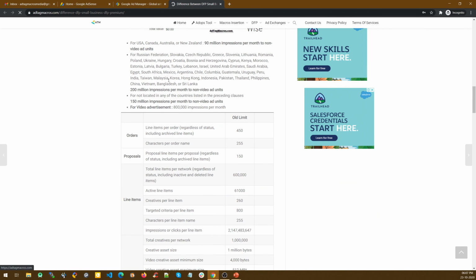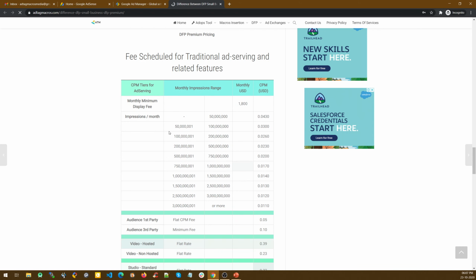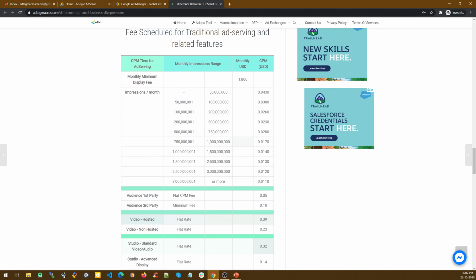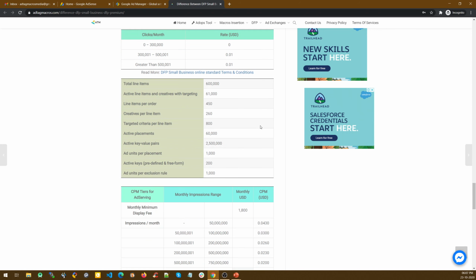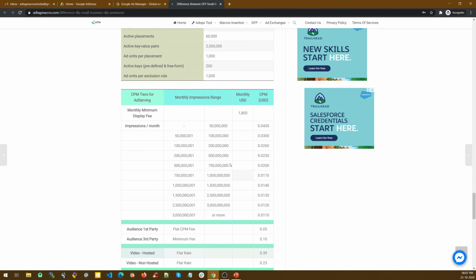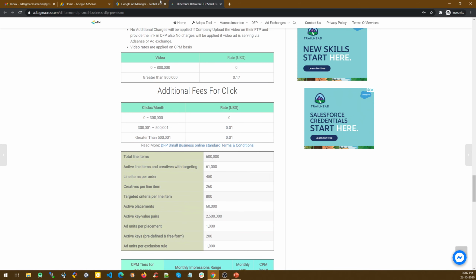So you can understand exactly the difference between Ad Manager and Ad Manager 360. There is a paid version of Ad Manager, and this is the costing that I have included on my site. In general, it depends on the number of impressions, and this is the CPM generally charged for using Ad Manager 360. With the free version, there are limits on the number of line items, orders, and all those things. I know you might not be aware of all those things, but maybe in the next tutorial we can cover it.